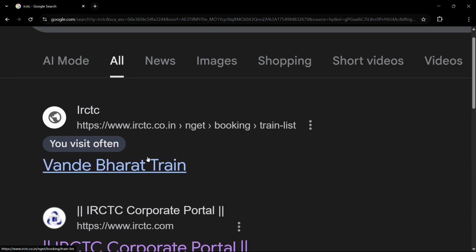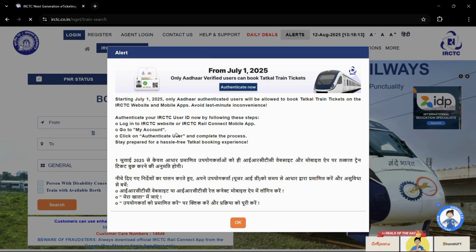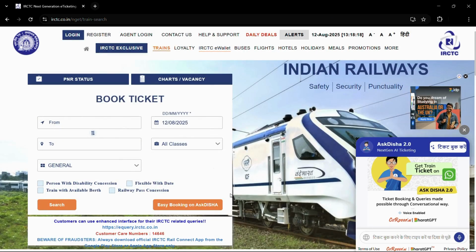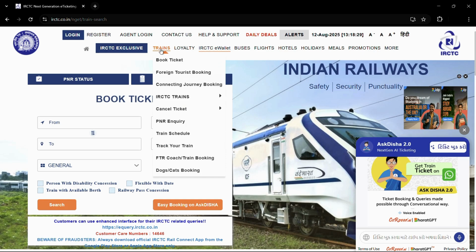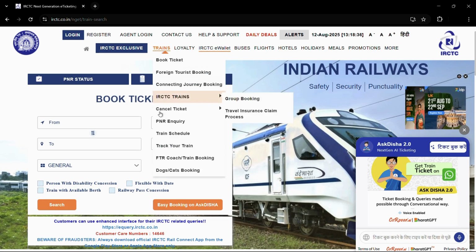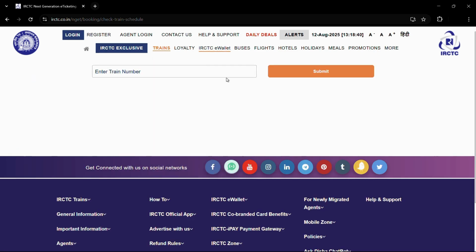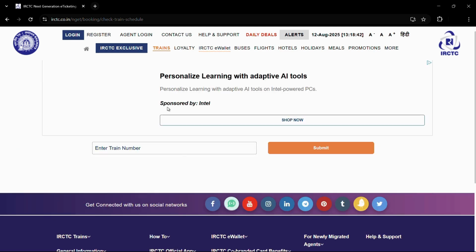So simply click onto this irctc.co.in website link, and once you do this, you will land on this page right here. So simply click onto this OK button and then hover your cursor over to this Trains option right here. This will open a new menu, and from this menu you can click onto this Train Schedule. So simply click onto Train Schedule and it will give you an interface from where you need to